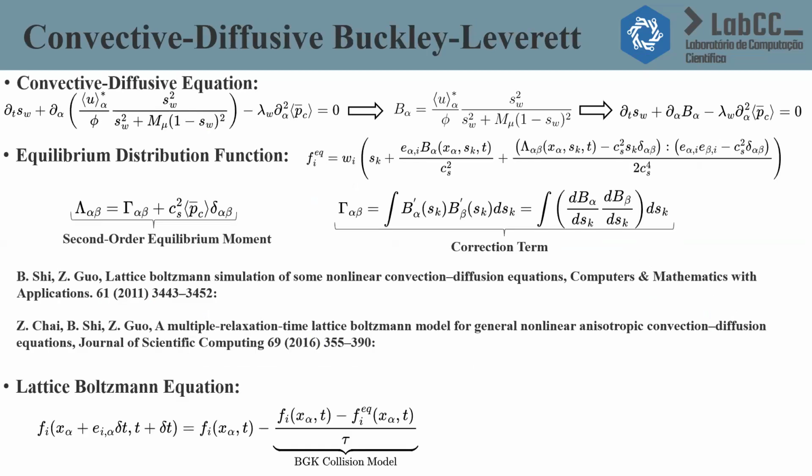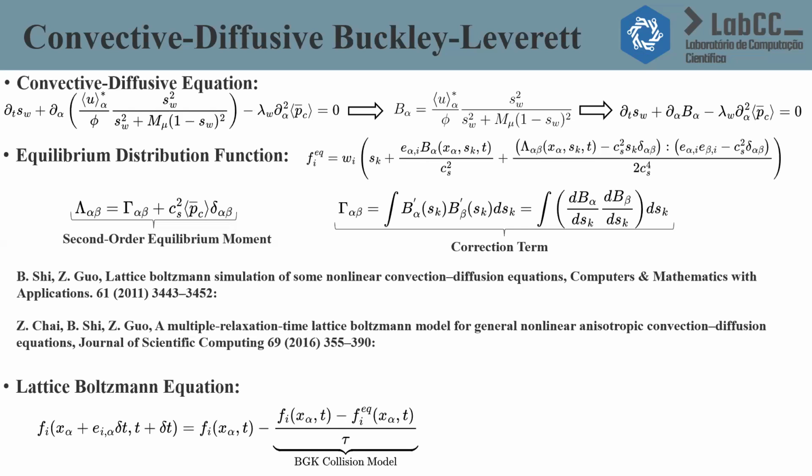Now the second formulation, the convective diffusive equation. I have the equation that I want to represent here. In this case, the equilibrium distribution function needs a second order term to recover the macroscopic equation. And the second order equilibrium moment is the lambda tensor, which will be equal to a gamma tensor plus the static capillary pressure term. The gamma tensor is a correction term proposed by Shi and Gu, and also used by Shai and Shi, and it works well to recover the desired